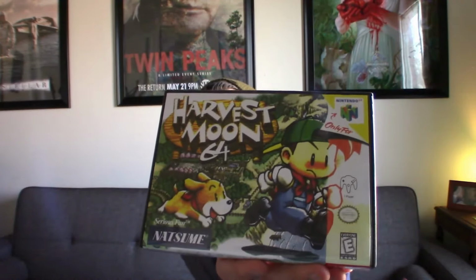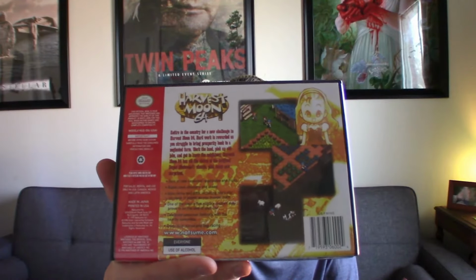So yeah, here's just for reference, one more game. If you can see, the print quality is meh. It's matte on Harvest Moon. It's not that great. You can read the text fine, but it is definitely bleeding and a little faded. The color's definitely faded. And the same issue with opening them. You have to force it open and force it closed, which is not something you want when you're trying to